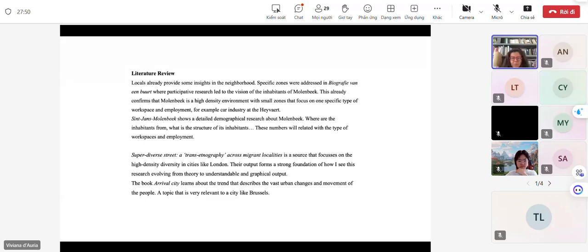Example is something like this, where there's a kind of list of books or texts which shows a little bit what they say, but at the same time there's not an indication of what they represent for discussing a particular topic. So it's the title of the work and then a kind of description of what it is, but altogether it's very hard to understand what then is going to be done with this literature.